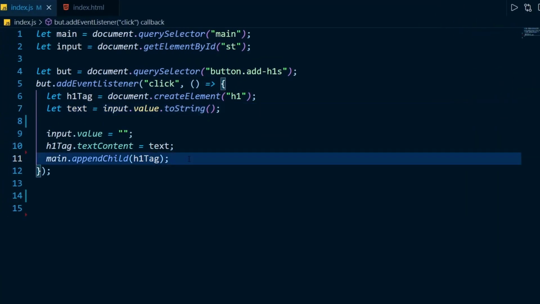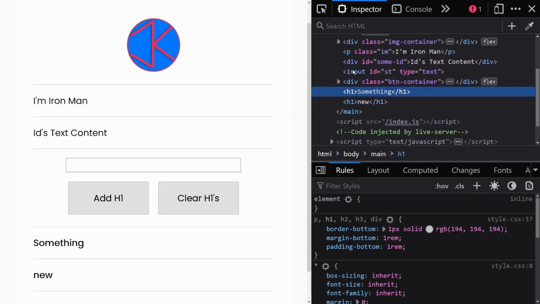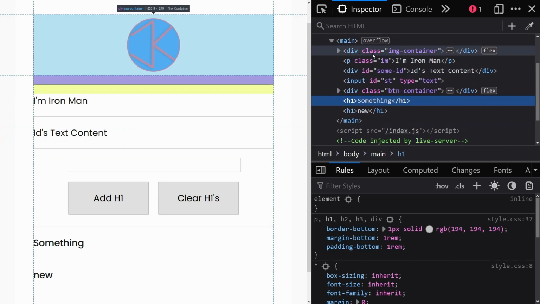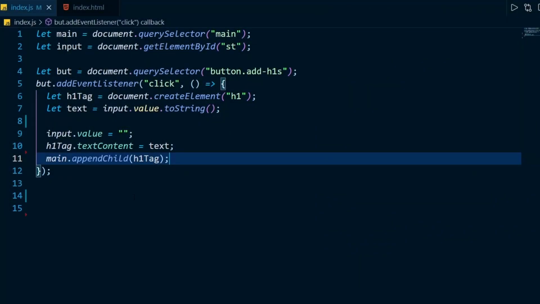And then we are just appending our h1 tag onto our markup, that is onto our main tag. As you can see here, this is inside of our main tag and not body. We could have got a reference to this div tag and appended our h1 tag into this div tag as well. But now we have added a h1 element, and what if we want to remove one, remove a child?